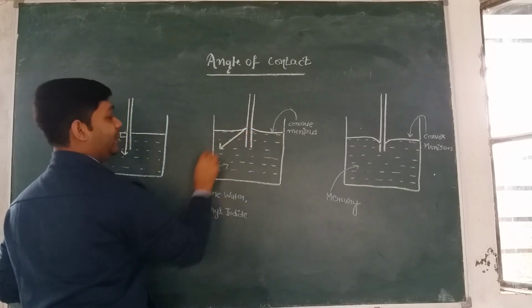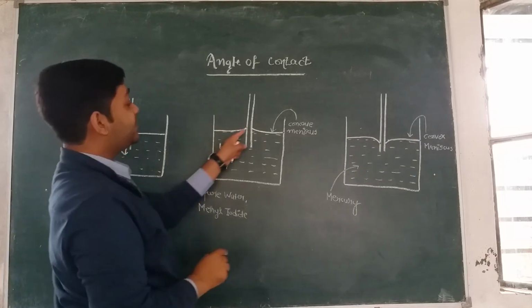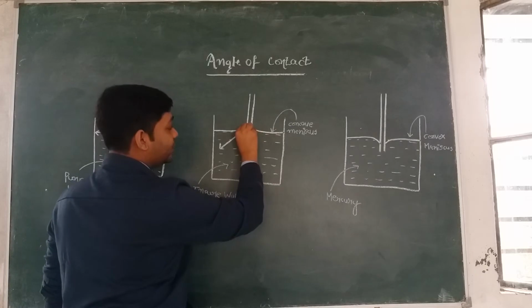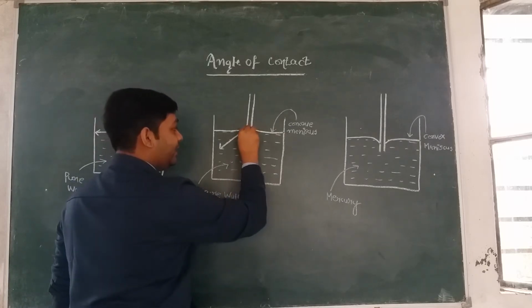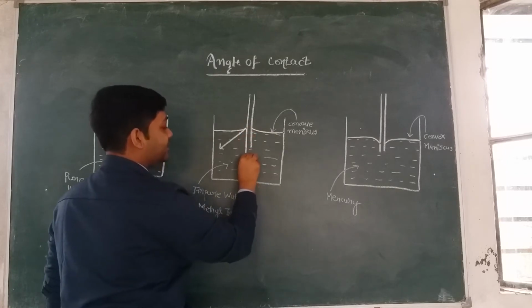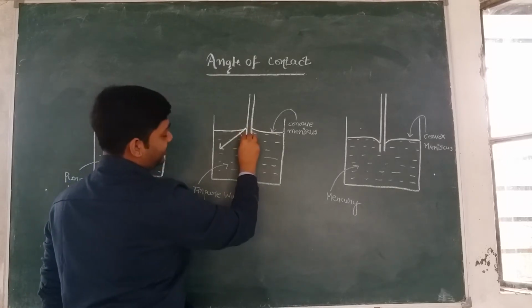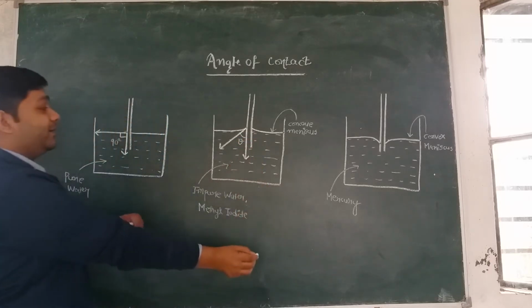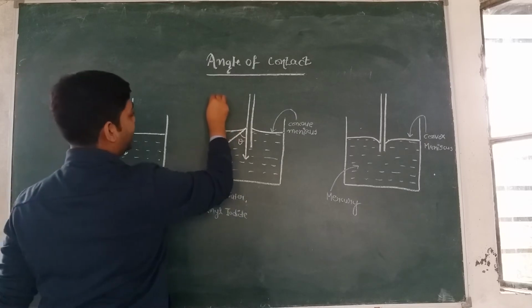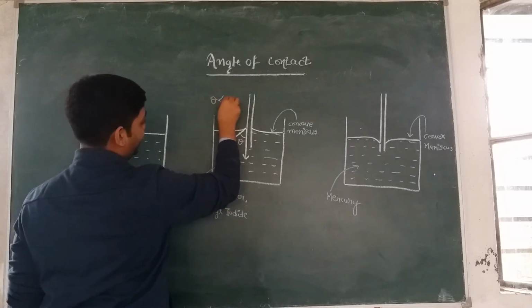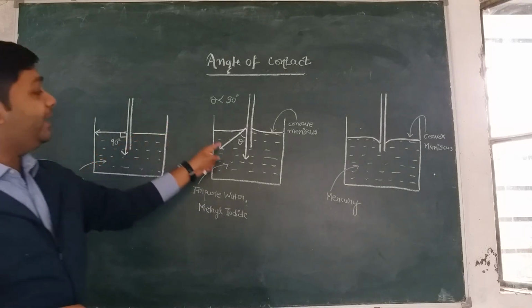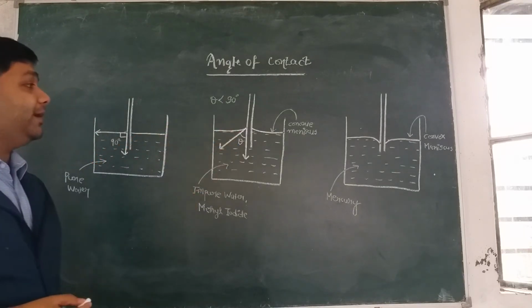So this is a tangent drawn at this point, which is away from the solid surface. Now we have to draw a tangent to the solid surface such that it is towards the liquid surface. So the tangent will be drawn like this. Now in this case, this angle is called the angle of contact, and in this case theta is less than 90 degree. In this case theta is equal to 90 degree. In this case theta is less than 90 degree.